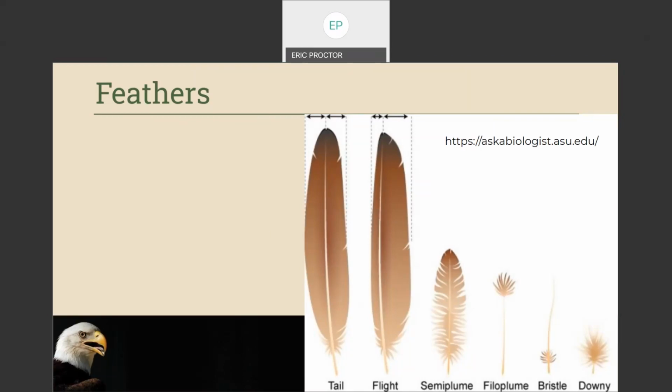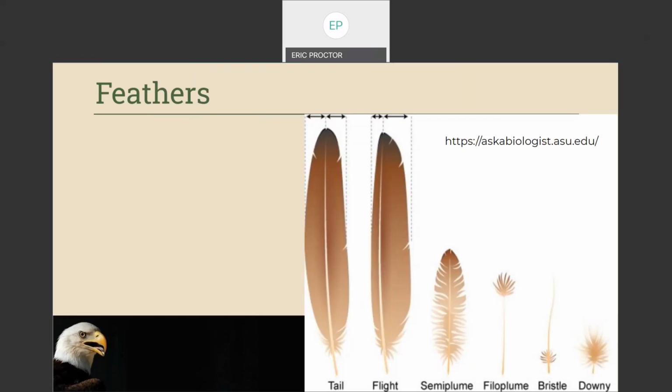You can see on that image that the left side is much narrower than the right side on the flight feather. This unequal shape helps them reduce drag. But those aren't the only types of feathers. The downy feathers provide warmth and insulation. These are the same feathers that we often make jackets or blankets from for that very same reason.